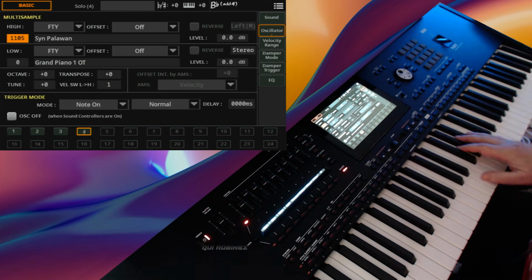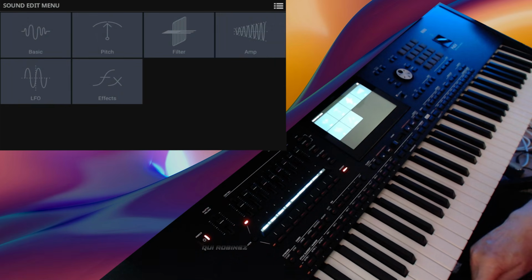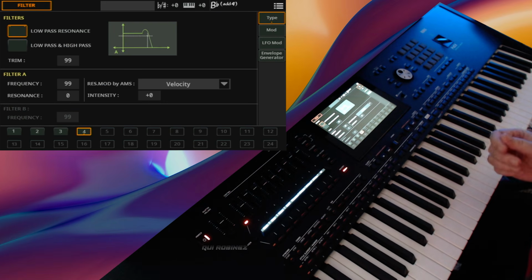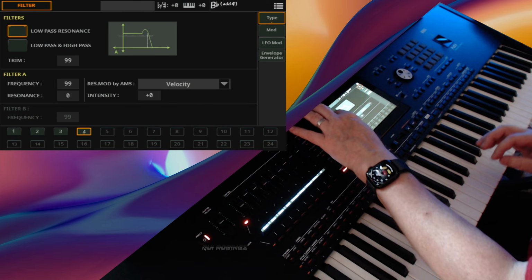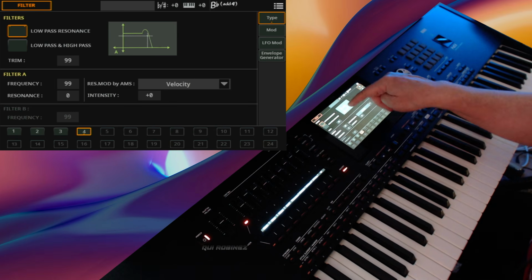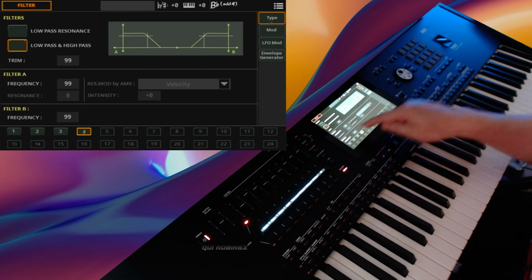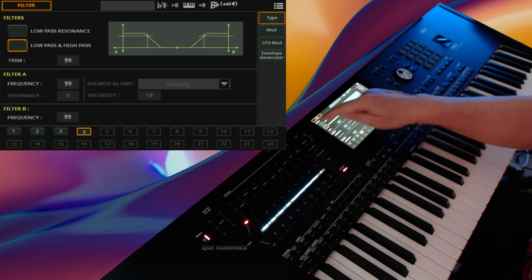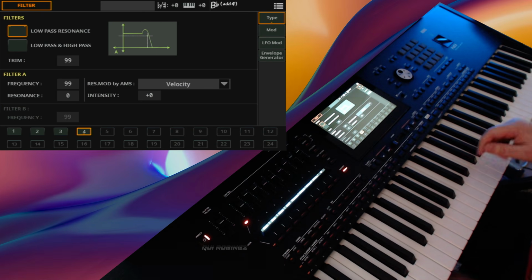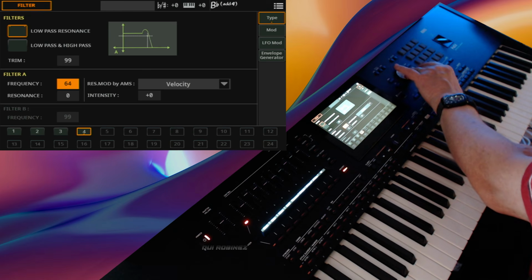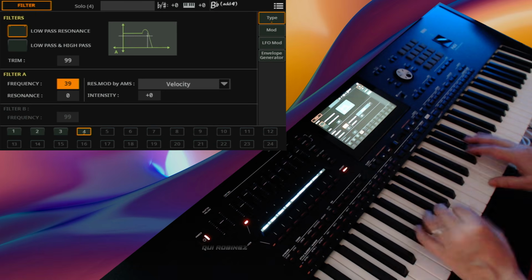So we want to modify this, and we are going to use the filter for this. So press the filter tile, and we are going to use the low pass resonance filter for this. You can also use the low pass and high pass filter, and then you also have a filter B, which creates the high pass filter, but now we are going to use only the low pass filter. So if we lower the frequency, the sound will be darker. And that's great,